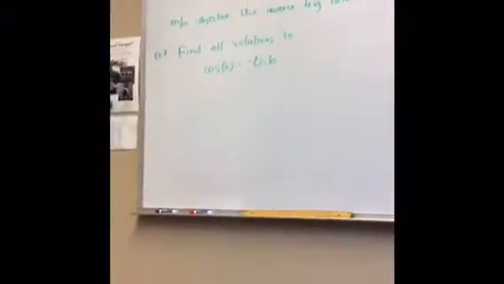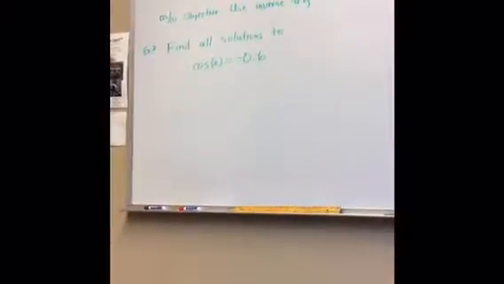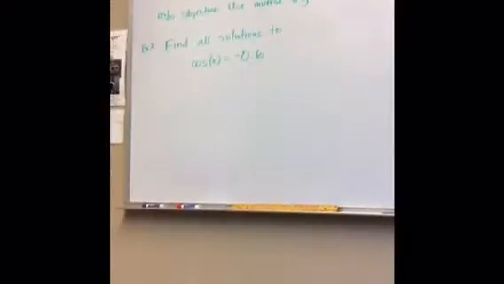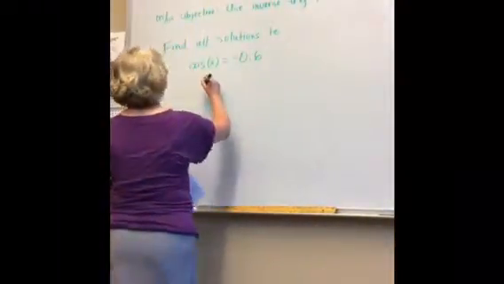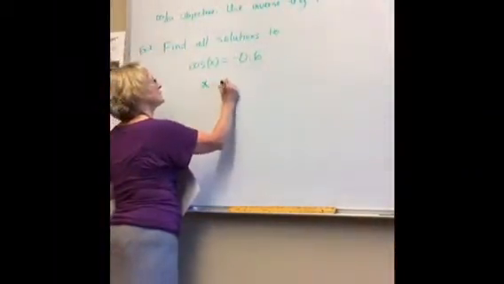What do you need to do to start this one? Anybody have an idea? Sam? Take the arc cosine of -0.6. Okay, and can you use the reference angle like one of our familiar ones? Or, so you're going to use your calculator to do that? Okay, so yes, you're going to first find your reference angle